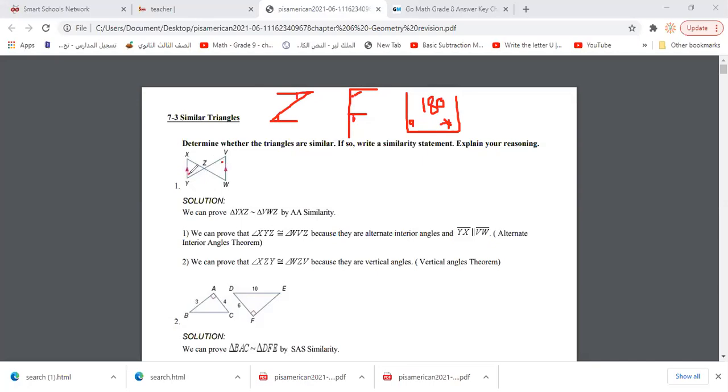Yes. And we have angle W will be equal with X, right? And already we have at the middle vertical angles. Then in this case, we will prove that the two triangles will be similar by using angle similarity. Once you can find two corresponding angles equal in measure, then we will verify that